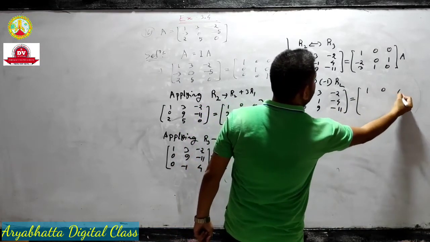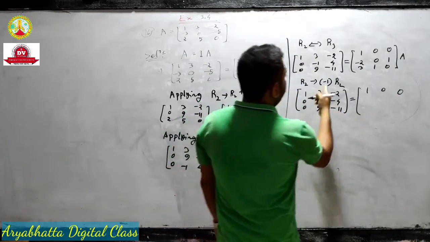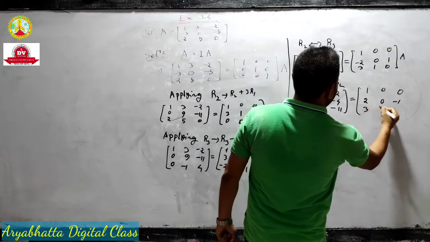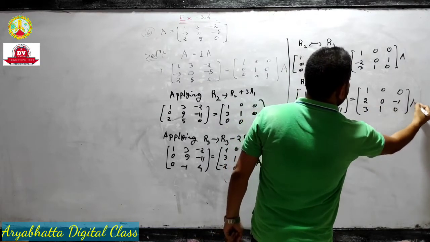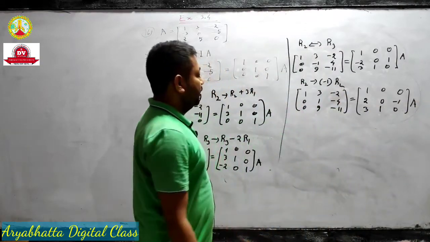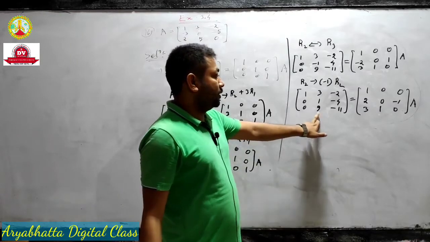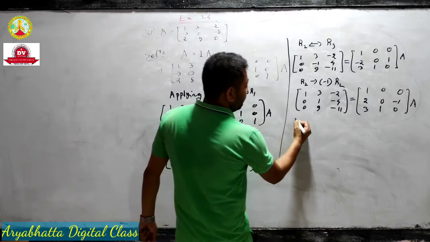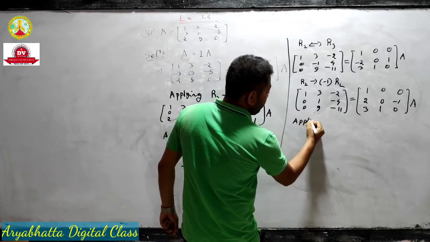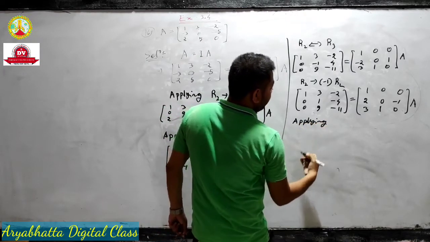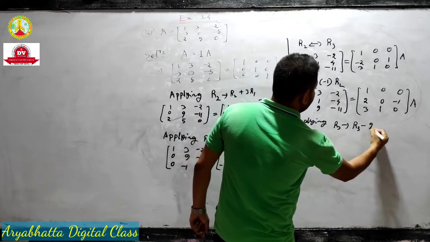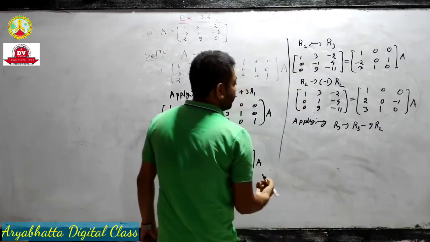Next 1 0 0, next 2 0 minus 1. R3 does not change this. Next, for these elements have to be equal 0. Therefore, we apply R3 tends to R3 minus 9 into R2. Then we have